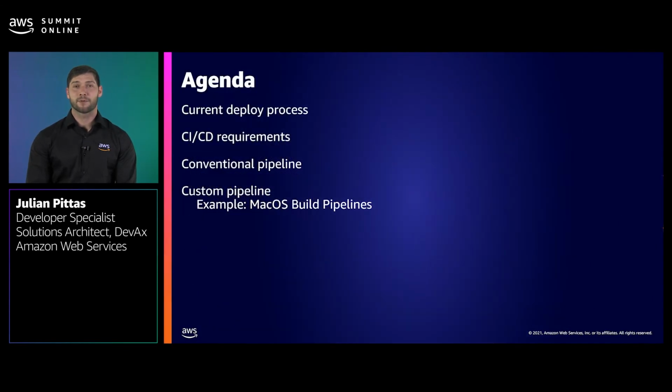In this talk, I'll cover what a deployment process looks like for an on-premise build server. This is the first architecture that I used when building out my application. Then I'll go into the requirements of what we would want in a pipeline if we were to leverage cloud services to run the build pipelines. I'll then cover how customers can build pipelines on AWS using some of the code tool services. And finally, we'll look at how we can deploy custom pipelines, and this will be the main focus of today's talk.